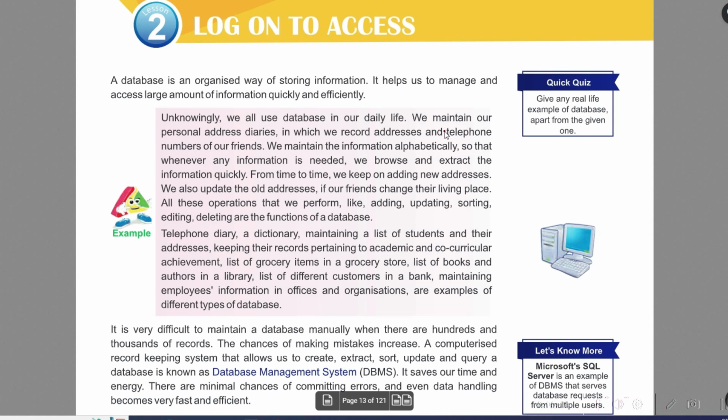Okay, instead of that, what I can do is use a computerized method and neatly arrange the data, edit the data, sort the data, and all the functionalities, the DBMS, which is nothing but the database management system, provides me with all these functionalities. And such a software which we are going to discuss in this lesson is MS Access, Microsoft Access. Okay,